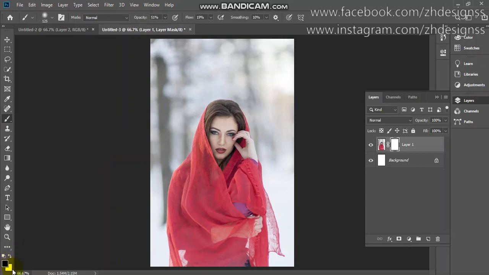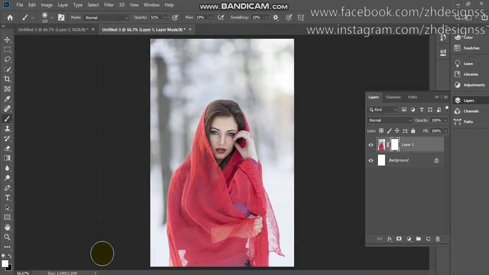You can simply press only D on your keyboard for default colors, which are black and white, and you can use X to exchange your foreground and background color. Now you can see my foreground color is black and my background color is white.